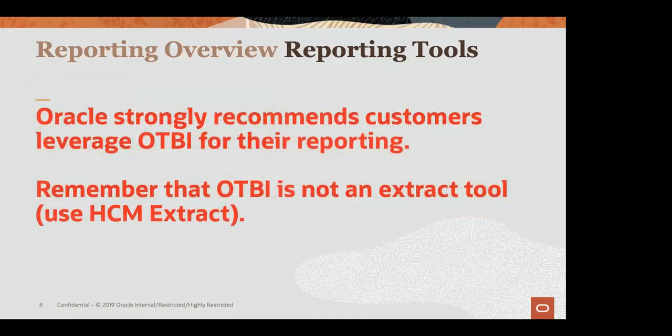Okay, as I said, this is the Oracle recommendation. We strongly recommend to use OTBI for your reporting purposes. And OTBI is not an extract tool. We wouldn't suggest that you pull up a report which can render 1 million records and then try to export it. It's not recommended for that. So generally we recommend that you build a report with certain filters which reduces the number of rows, and then you could do your export, etc. So for extraction, as I said, HCM Extract is the tool, the reporting tool.